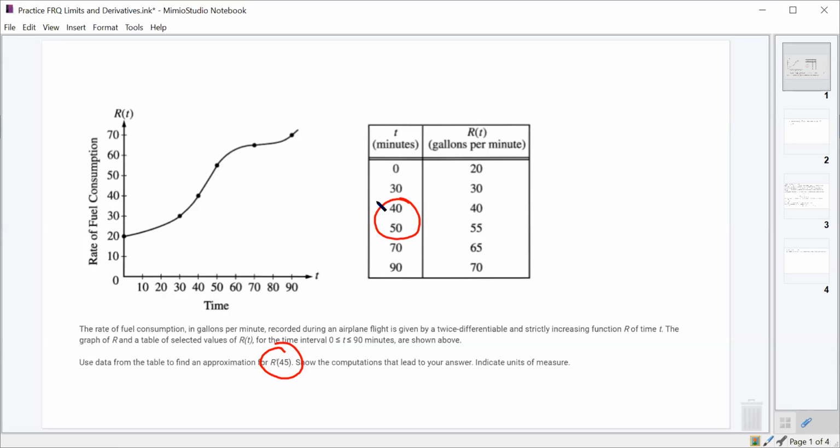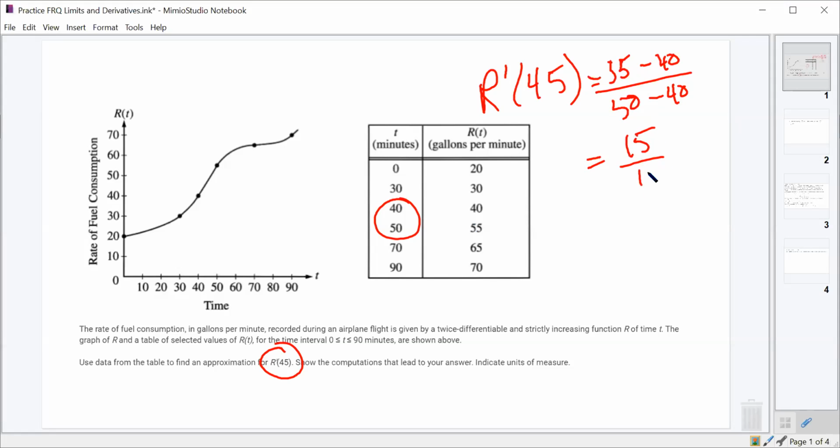Find the slope. Find the average rate of change between a set of points that are very close to that. All they're asking us to do here is approximate that instantaneous rate of change by using an average rate of change formula. So 55 minus 40, or 50 minus 40, or just 15 over 10, or